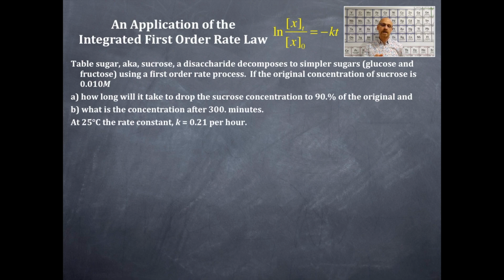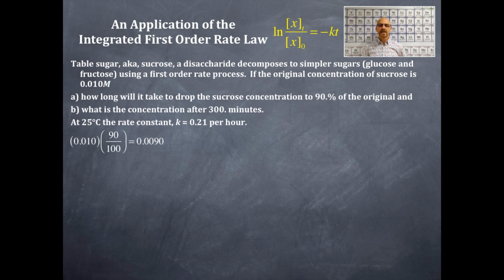All right, so we're going to solve part A first and then part B. So let's get moving with part A. Here we go. So we have 90% of the original. So we're going to take that original amount that we have, and that's 0.010 molar. That's our concentration. We're going to multiply that by 90%. So that's 90 divided by 100. And when I do that, I get